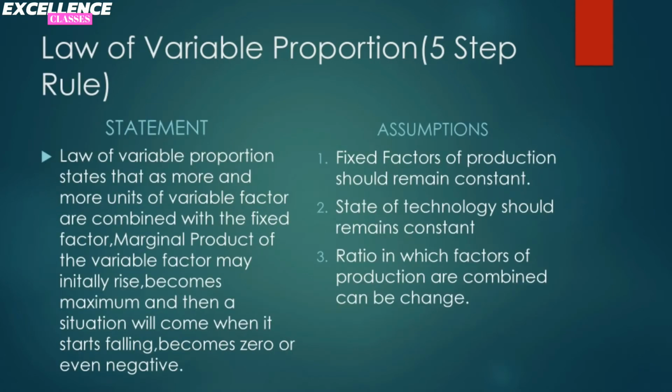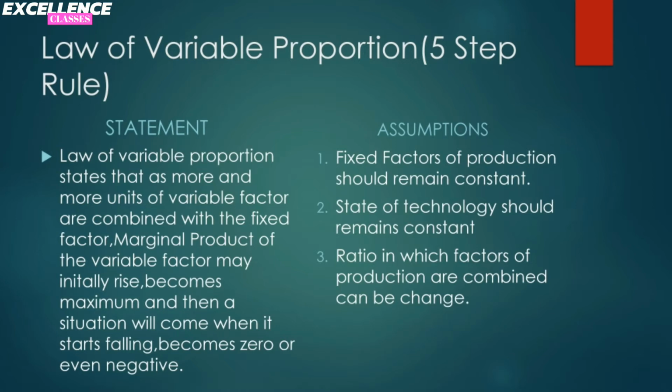Variable Proportions. Law of Variable Proportions is a 5-step question. It states that as more and more units of variable factors are combined with the fixed factors, marginal product of the variable factor may initially rise, becomes maximum, and then a situation will come when it starts falling, becomes 0